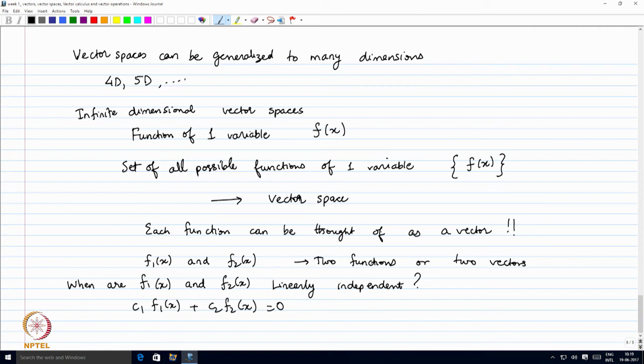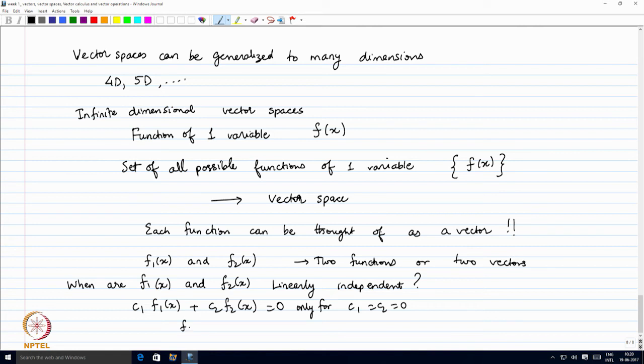So, they are linearly independent if C1 f1 of x plus C2 f2 of x equal to 0 only for C1 equal to C2 equal to 0. So, if this condition is only satisfied when C1 equal to C2 equal to 0, then you say the vectors are linearly independent. If this is satisfied for some C1 and C2 which are both not 0, then